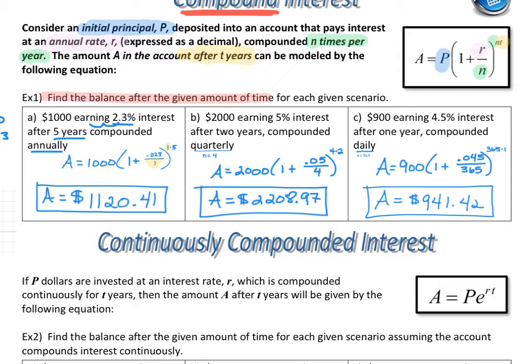Here are your answers for B and C. Take a quick look at the substitutions. Make sure you understand why everything is where it is. I said that I would come back to the 1 plus stuff and that number that's always 1. And I want you to think about